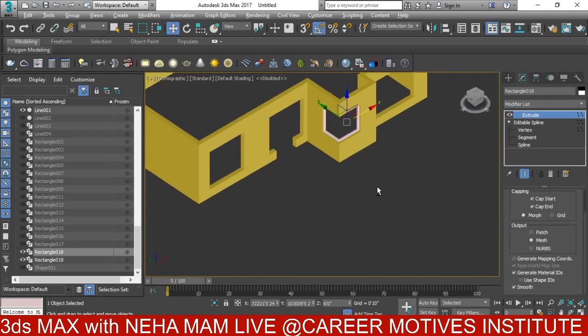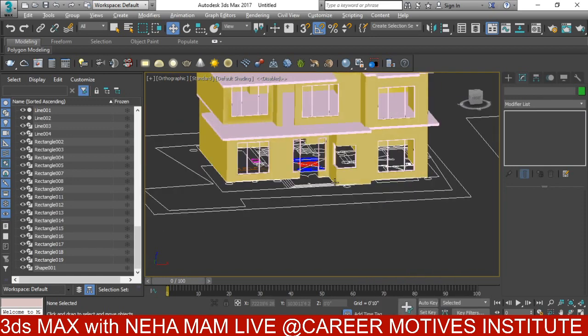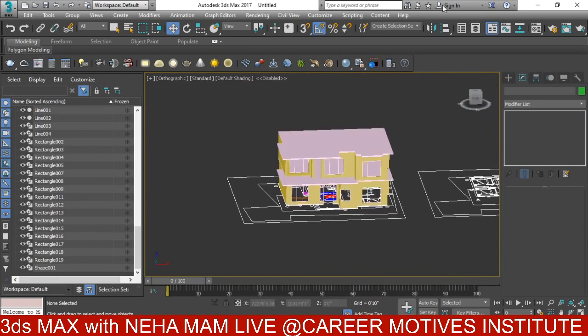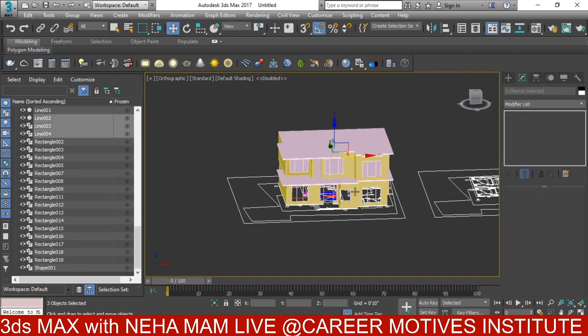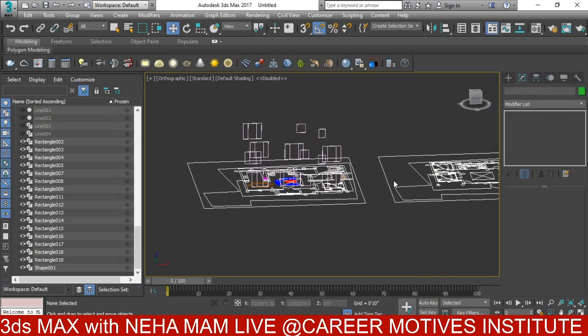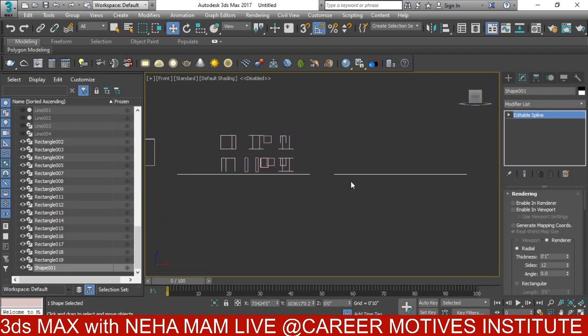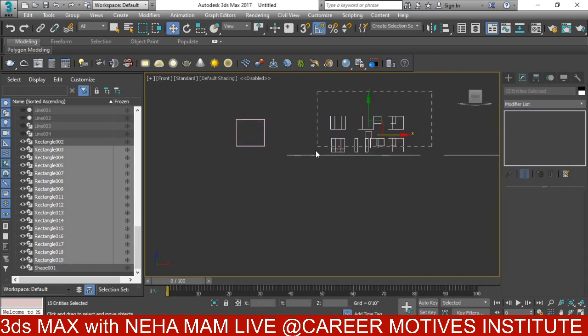Okay, so the corner window is ready. Unhide all, I'm just checking out. Okay, so these are ready. I'm going to hide these slabs and all, hide selection. Okay, and then press FZ, and I'm going to select these window frames, and then I'm going to create